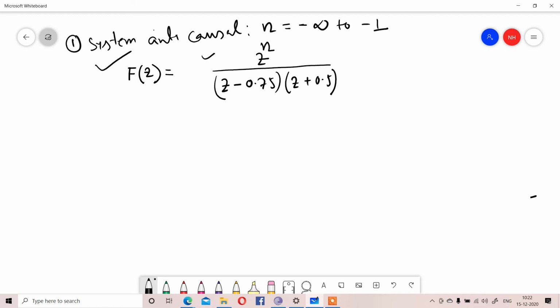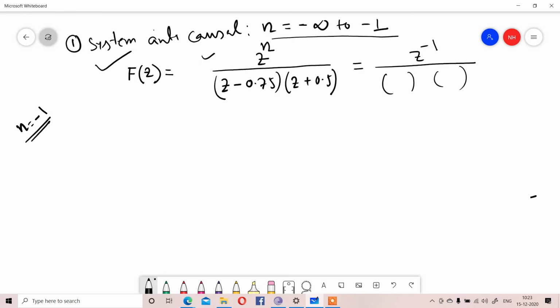Simply again, you have F(z), and this case the system is anti-causal. For that case, the range is minus infinity to minus n. So first we will consider n equal to the first value, minus 1. If n is minus 1, that z value will be z to the power minus 1. So if z value is z to the power minus 1 and that part is same, what will happen? Z will come to the downside, and finally it will become,